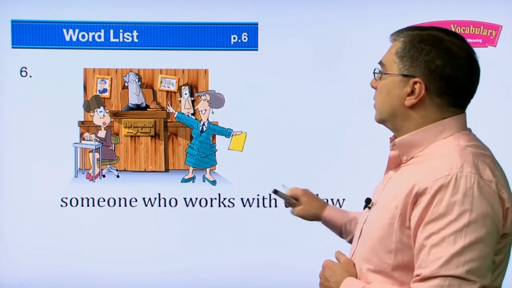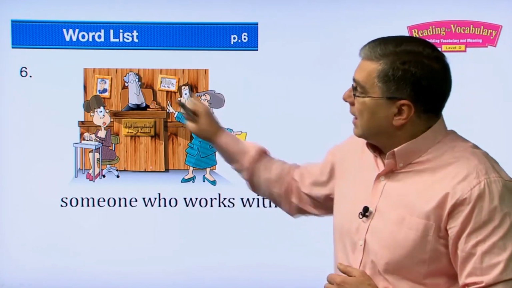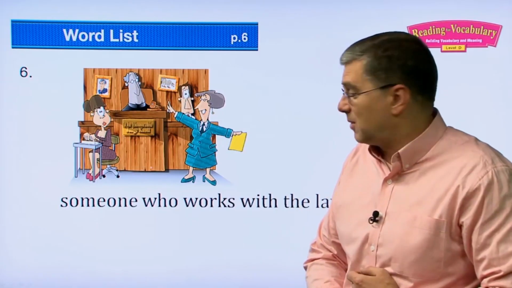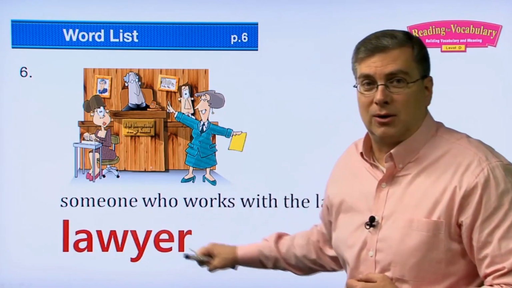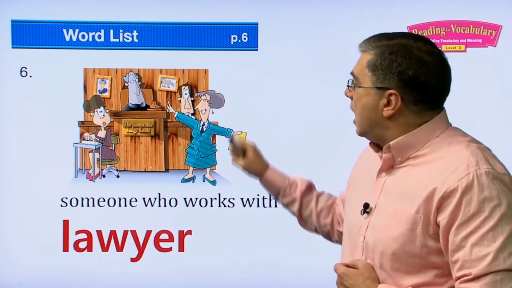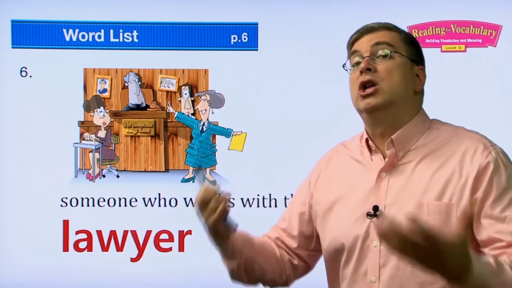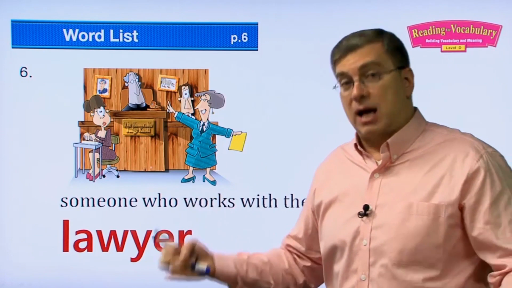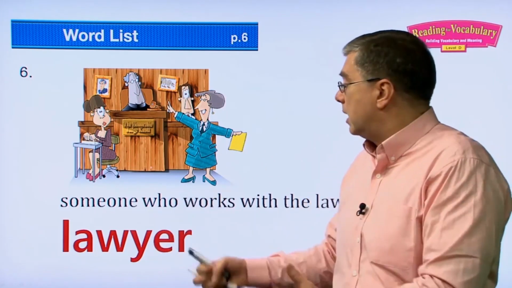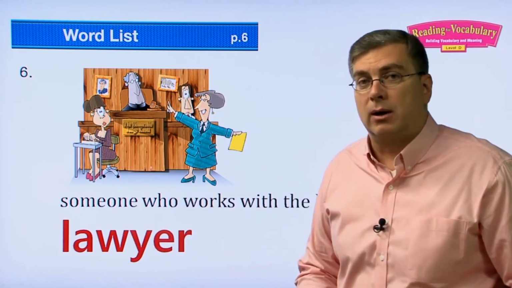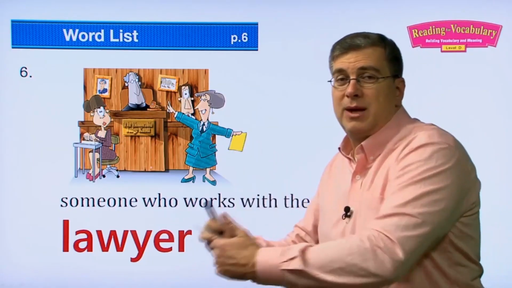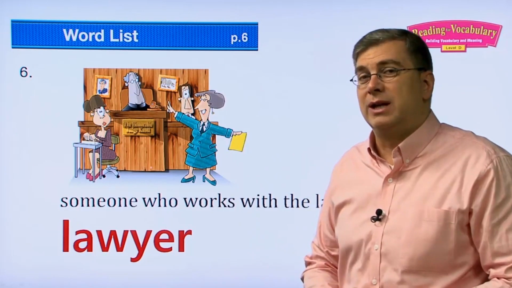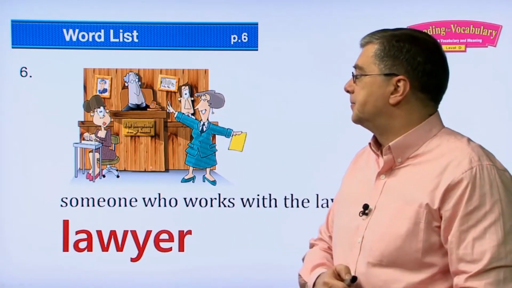Someone who works with the law. Okay, as you know, we were talking about jobs before. I pointed out somebody, right? That was a lawyer, right? He was on the side over there. A lawyer is someone who argues for or against a position in a court of law. So they are called a lawyer. There's somebody who argues for something. There's someone who argues against something. There's two lawyers usually in a courtroom, at least two.